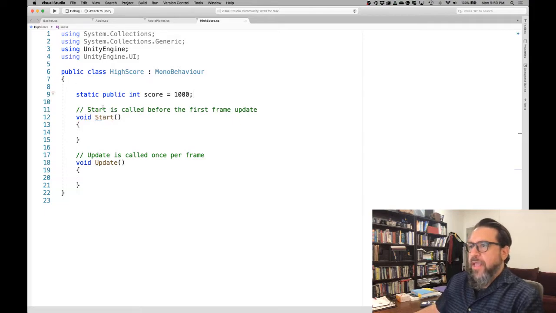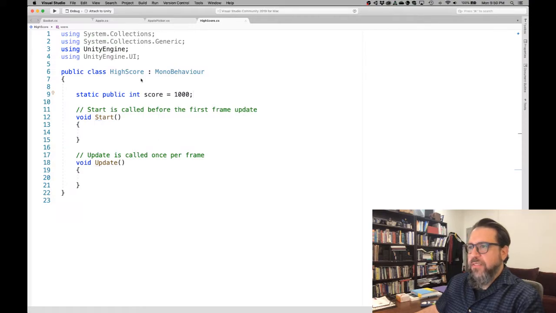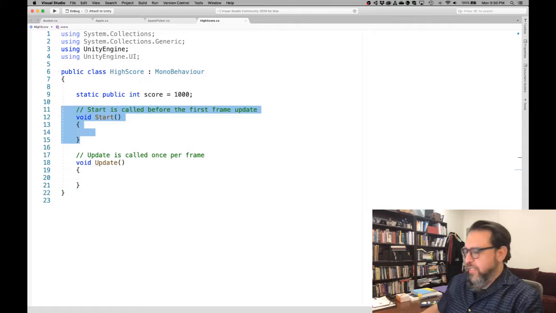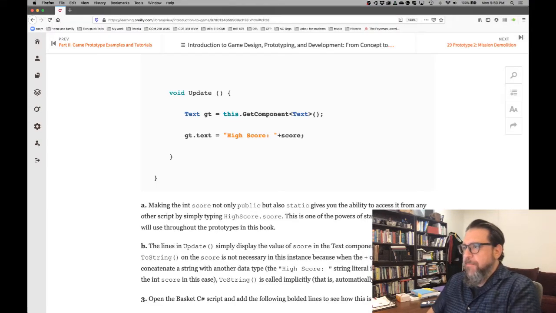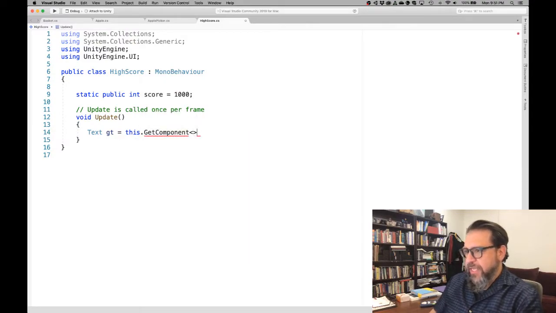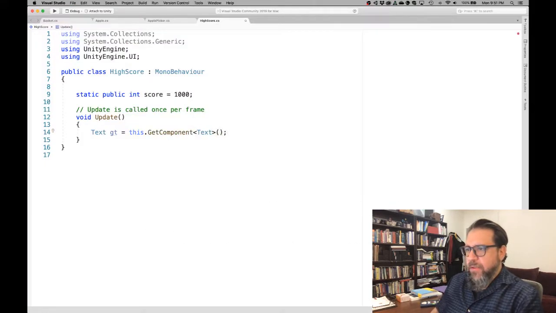All right, and let's make sure that we have everything the way we want it to be. All right, so public class HighScore, static public int score = 1000, and then we don't have a Start in here, so we can just get rid of this. And then we have an Update, and Update is going to be this. So we're going to do Text gt = this.GetComponent. Oh, and there's the this keyword. All right, so I have to explain that to you too. And then GetComponent<Text>() and then score. Okay, did I get that right? I got that right. So Text and then gt